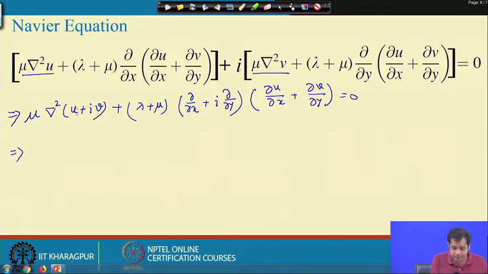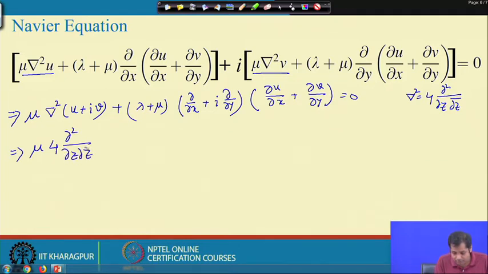Now, what is the del 2 operator? Just now we discussed that the del 2 operator was 4 into del 2 by del z del z bar, right. So, this becomes mu into 4 del 2 by del z del z bar acting on u plus i v, which is how u is defined, plus